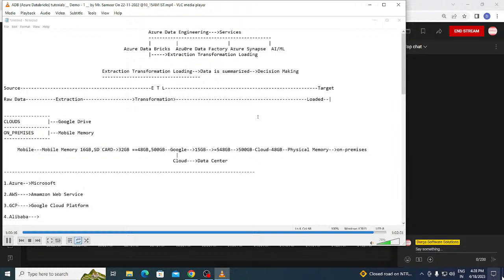But it is asking for a credit card number. Yes, credit card, obviously. That is for the free subscription. It will charge some 2 rupees from the credit card, and the free subscription will be valid for 30 days. After that, you have to go for the pay as you go model, which will cost you based on your usage only. It will not charge you more than 700 to 800 for an individual.